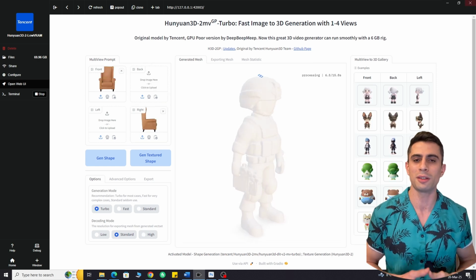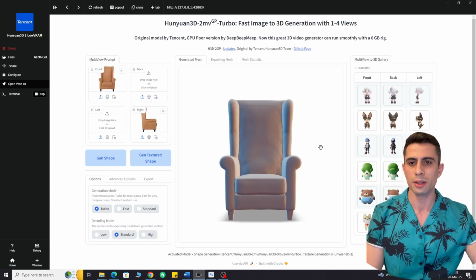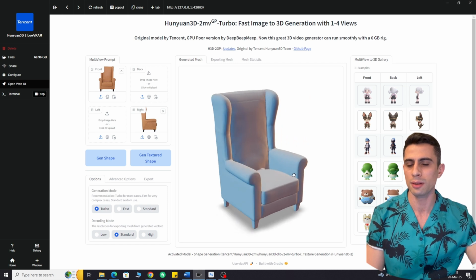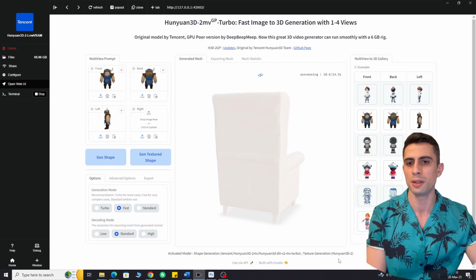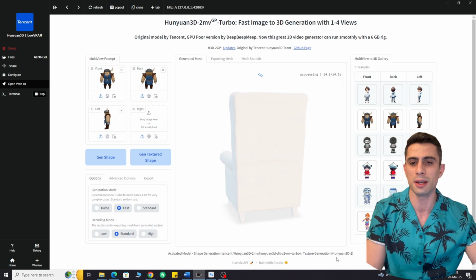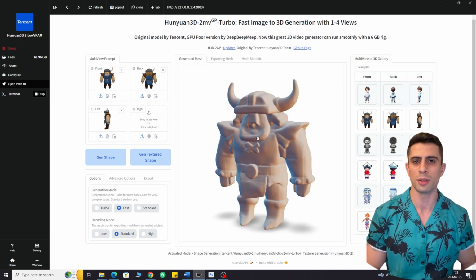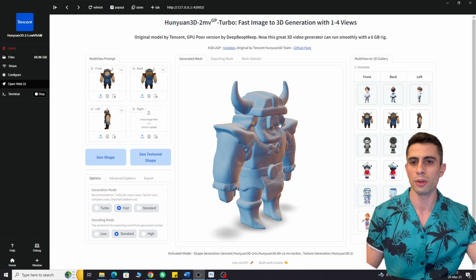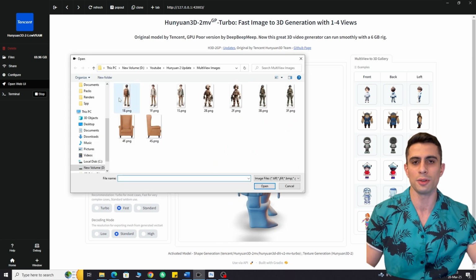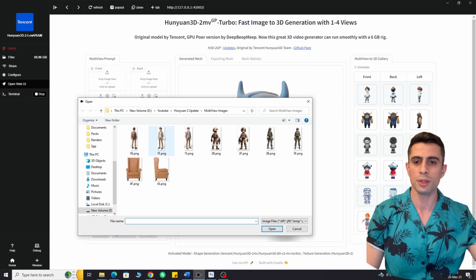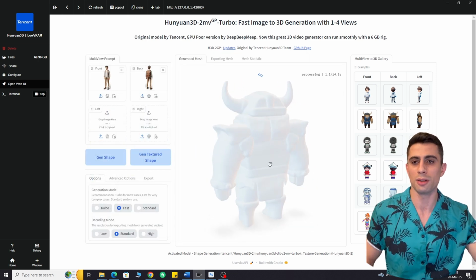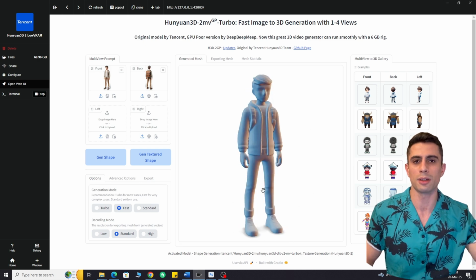Now let's test the multi-view model. Since I already downloaded the mini version, downloading the multi-view version with the same settings will be faster because they share similar files. You can load up to 4 images, but it's not necessary to load all of them, just as many as you can. I tested a few images and it looks pretty good. Just import images with a white or transparent background.